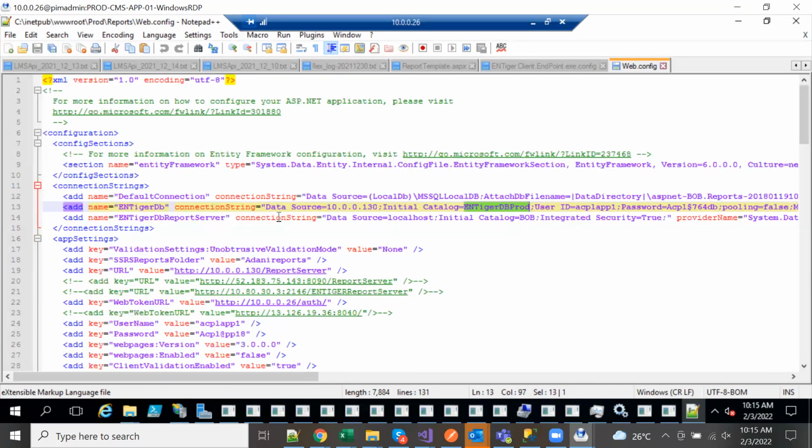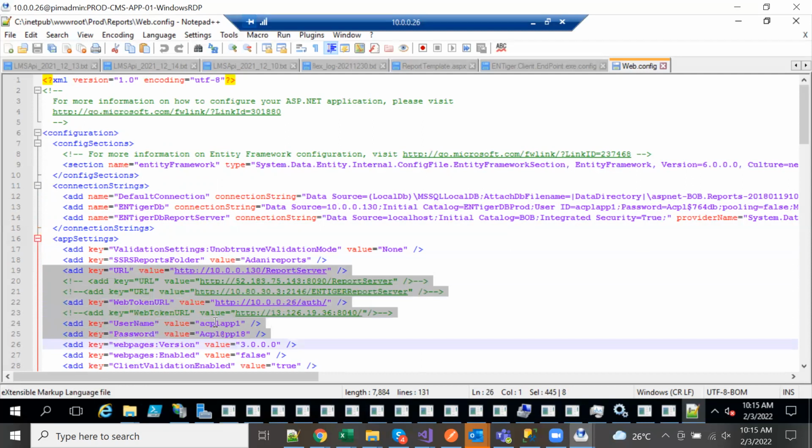So you know that. So basically, if there are any problems in the system, you need to check this database connection, whether it is correct with the user ID and password. When it comes to the reporting server, check whether these are correct. It's nothing but the URL for the reporting server, whether your web auth is correct or not, web token is correct or not, the username and password which will give the access to this report server is correct or not.